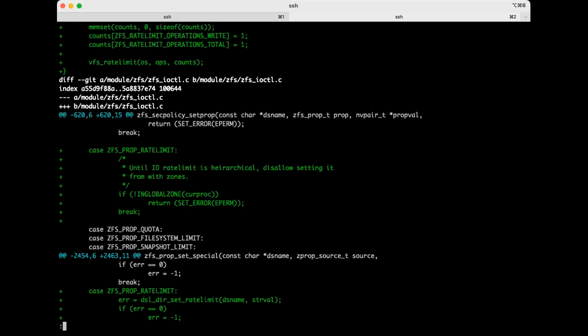Yeah, because conceptually I was thinking of it more like the encryption root property, right? Wherever your rate limit root is, that's where you're coming from, and anything higher up the tree doesn't matter. Yeah, as soon as we find one rate limit value, we stop looking instead of recursing like we do for quotas. Yeah, but I mean, that is complicated, and A, people's understanding of that is imperfect. And B,